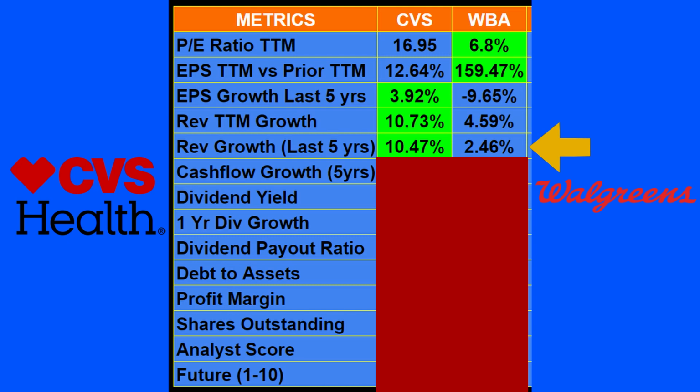So revenue has not been a thing that Walgreens is succeeding at, where CVS is doing a good job. So cash flow growth, again, a big difference here. CVS is up 9.77%, Walgreens is down 7.6%. That is something you do not want to see. That means they're hurting and they're having to spend a lot more cash instead of being able to hold it